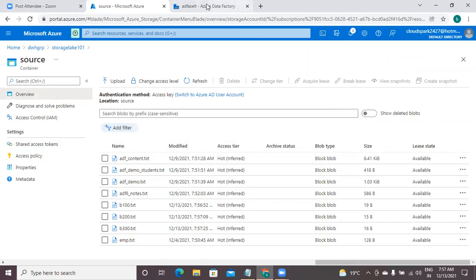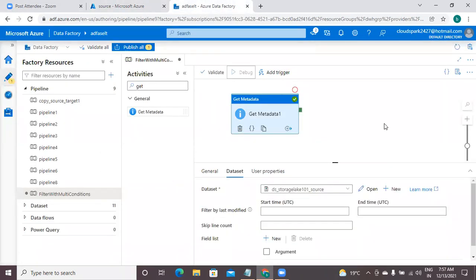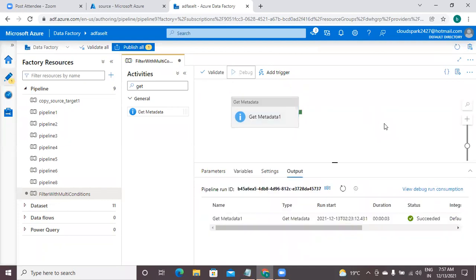Okay. So whether new files are tracked into ADF or not, once again, please run the get metadata. Once again, I am going to run it. Please wait, it may take a few seconds.